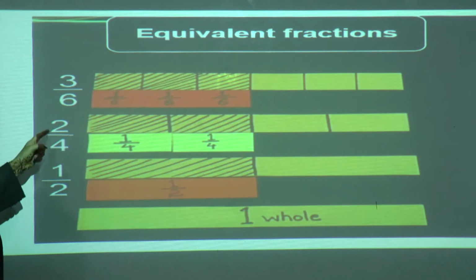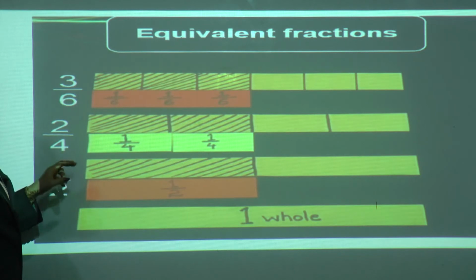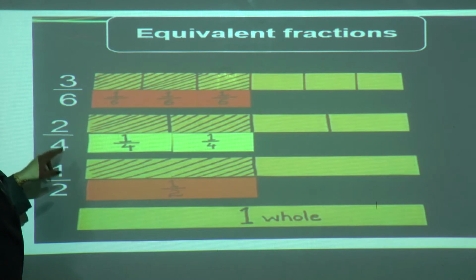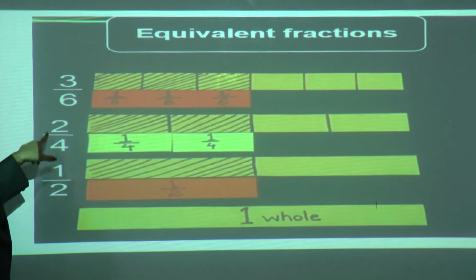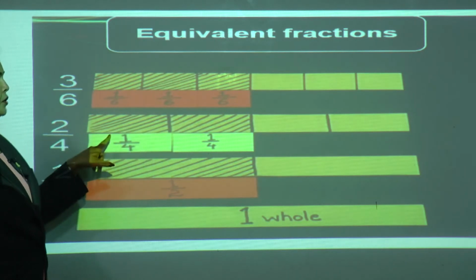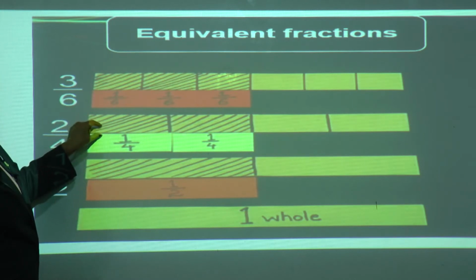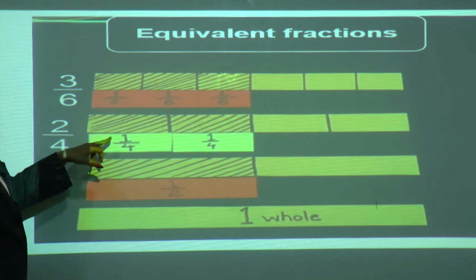In this way, we will see another example. Here it is 2 upon 4. So what is the fraction here? 2 upon 4 means how many total parts? 4 parts. We had done this on the strip of paper already. We had seen in the previous class how we prepare a strip and divide it into 4 equal parts. We divided the strip into 4 equal parts and out of that 2 parts are shaded. What will one shaded part be? We can represent it as 1 upon 4.